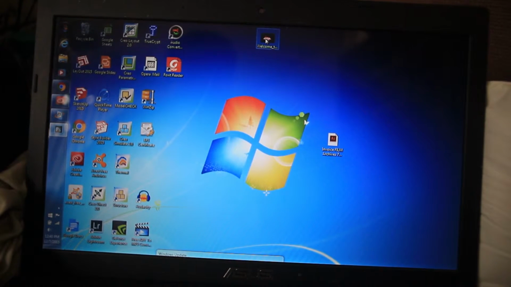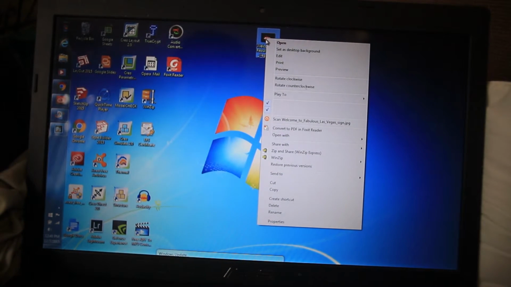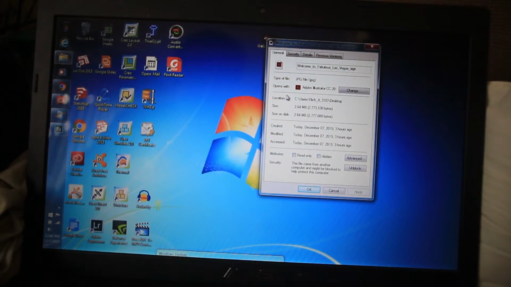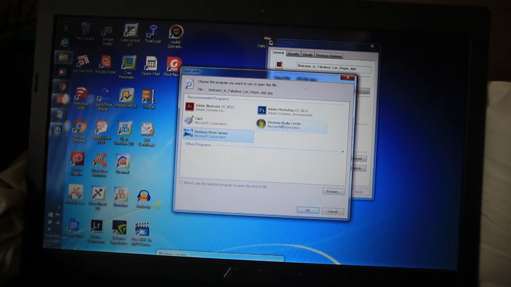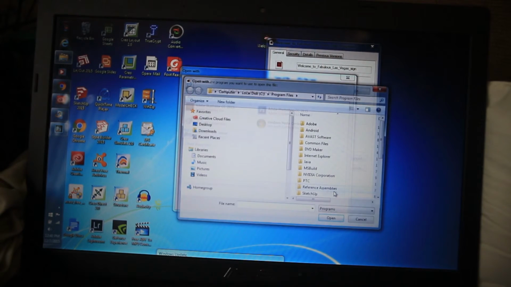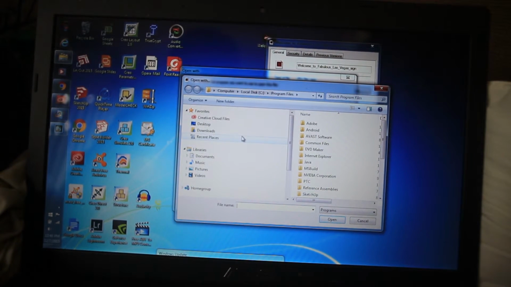Now I'm going to right click on the file that I wanted to change the association with and go to Properties, and you can see here it says it opens with Adobe Illustrator, which I don't want, so I hit Change right here. Now you could double click on Adobe Photoshop right here and it would change it, but let's do it the hard way because you may not see this icon up there. So you hit Browse,